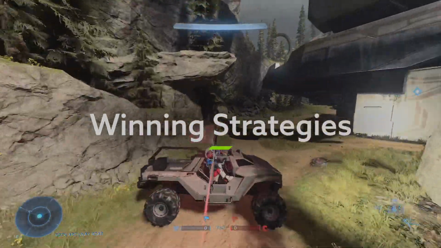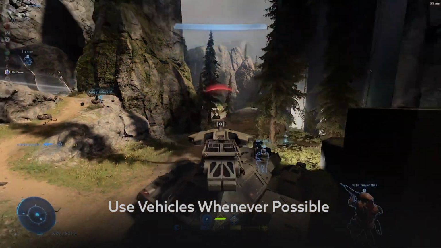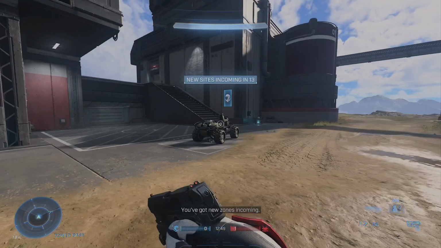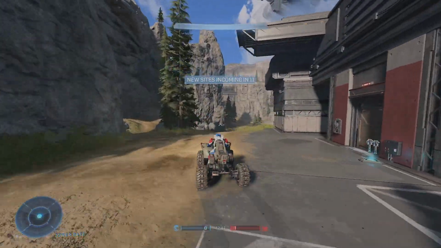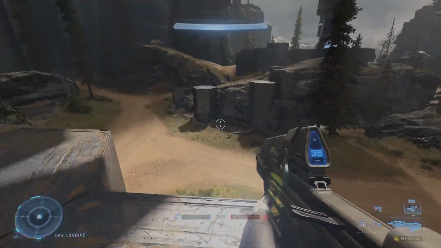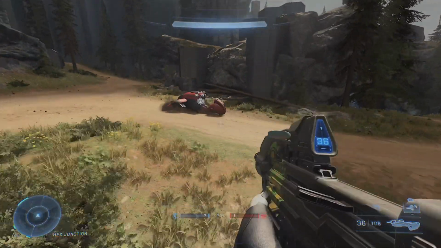Whether you're capturing a flag, then riding off in a Warthog, or laying siege to an enemy zone using a Scorpion tank, vehicles can totally shift the balance in any kind of Halo match. That's why it helps to learn where to find them on each map, as we covered earlier, but you should also listen out for vehicle drops. The machines that get dropped off by a Pelican are often unavailable anywhere else, making them a real trump card